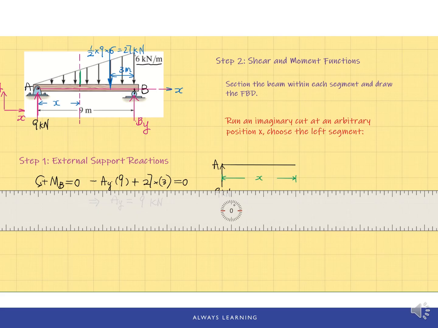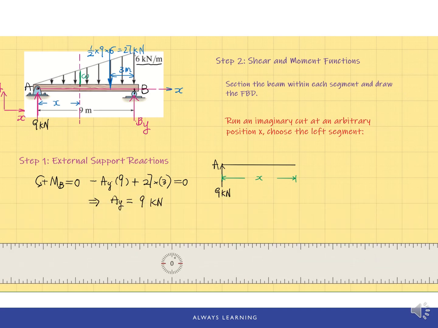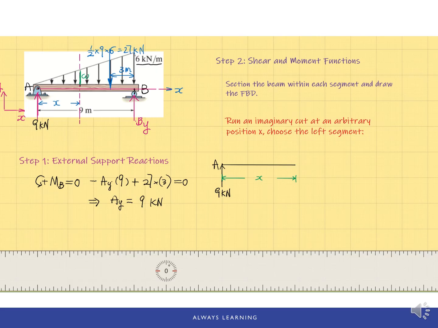So using trigonometry, the similar triangles, we can say x over 9 equals, let's call this omega, over 6. So I'm going to write the equation over here. 6x over 9 equals omega, so the omega, the loading intensity along the imaginary cut, equals